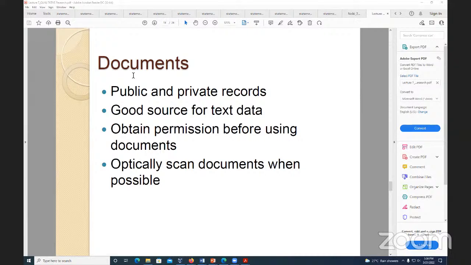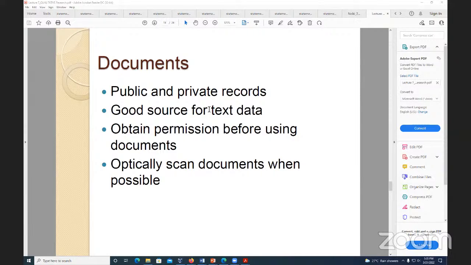But the point is, it still had to go through the formal ethics process before it went to the records department, because the committee had to look to see, was this research well designed? Was it actually worth doing all of that? So it's sometimes useful to get public or private records, but all of those times you actually have to go through the ethics procedure to get it. If it's done properly, I should add.